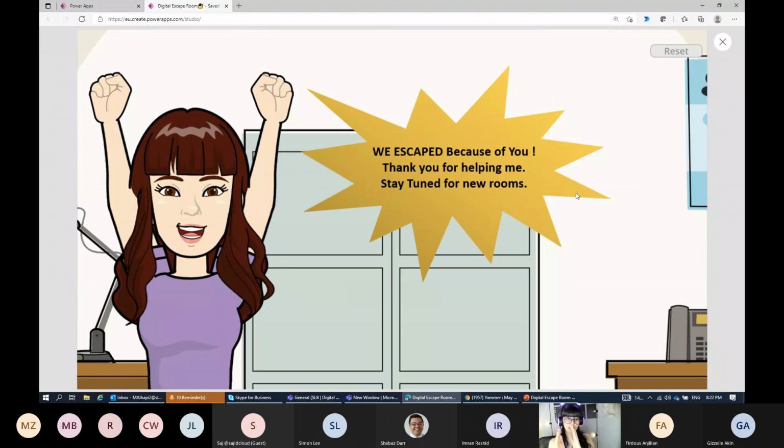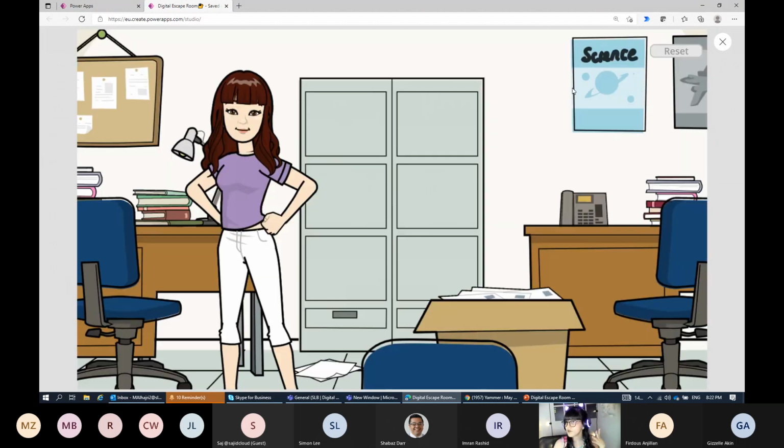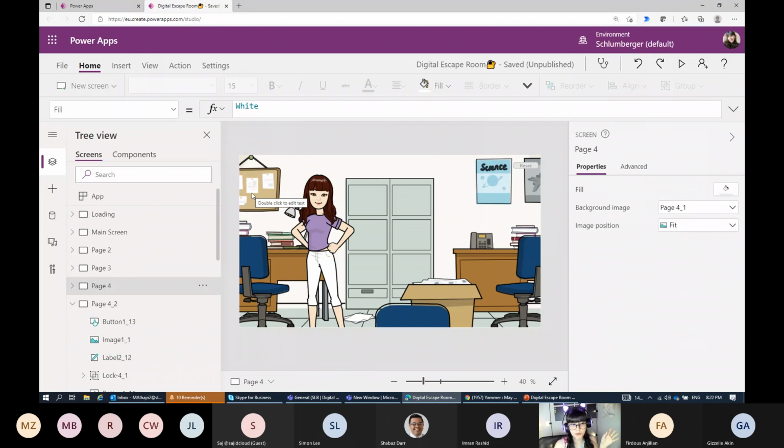In your scenario, maybe you have several escape rooms together. Maybe you want to build one room, and once they open it, they go to the second room. Maybe it's several levels of escape rooms. If you have several topics, you can build, as I mentioned, a room inside a room. It will be more attractive, and it will be a level actually, and you can add a score if you want to make it more attractive. So what if they want to run the game again? Is it possible? Yes, actually, by clicking here reset, their answers will be removed, and they will be able to retake the game again.